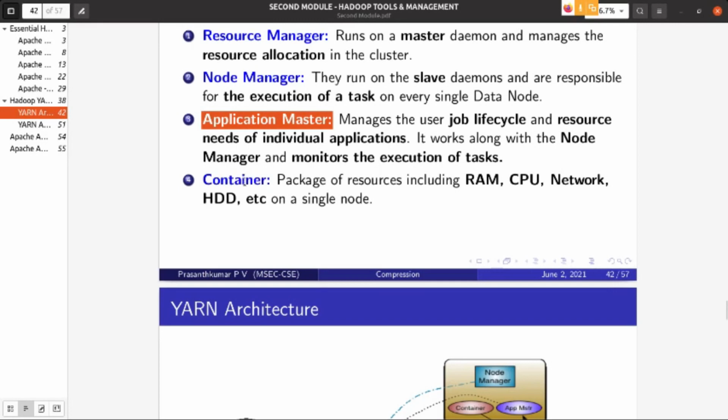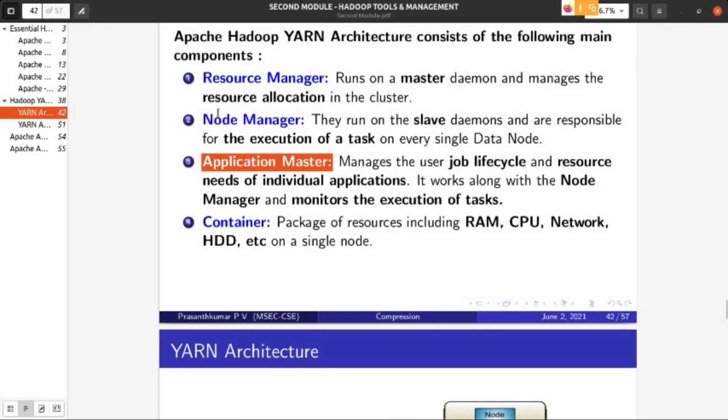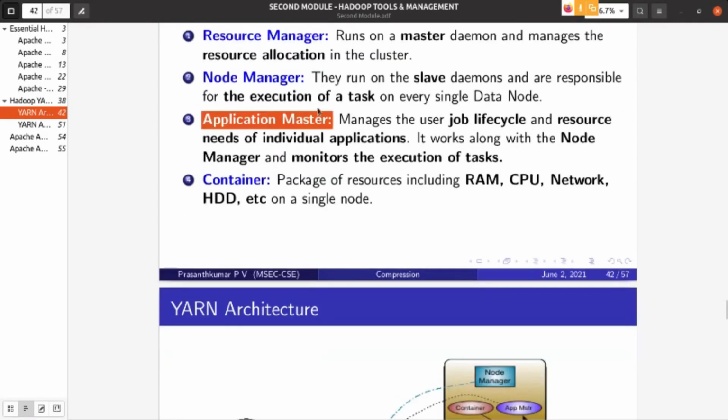From where do we request? The application master requests to the resource manager, because the resource manager allocates. So who will request? The application master will request. Application master is the master of that particular application running on the Hadoop cluster.